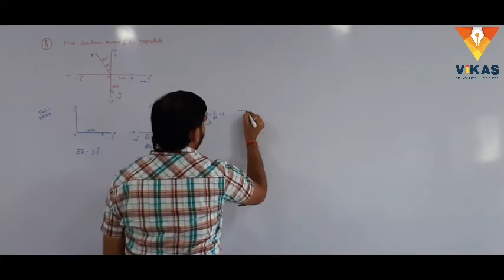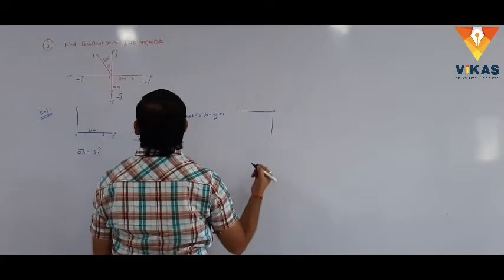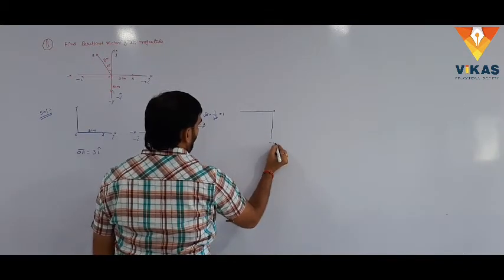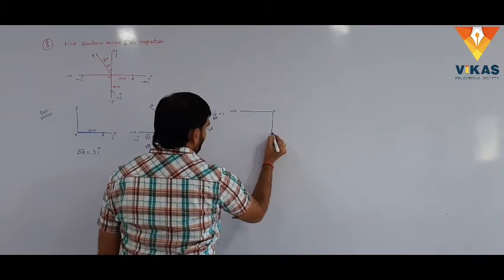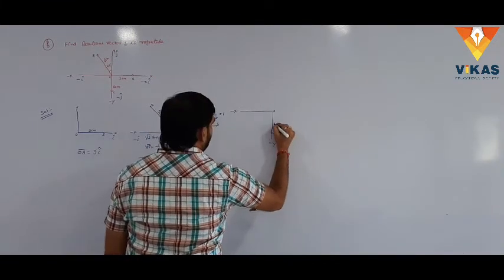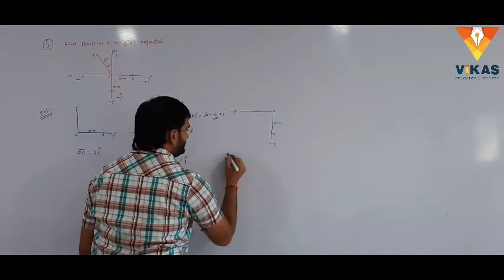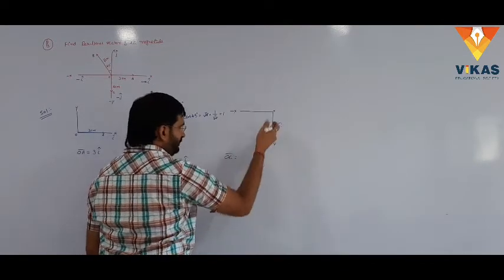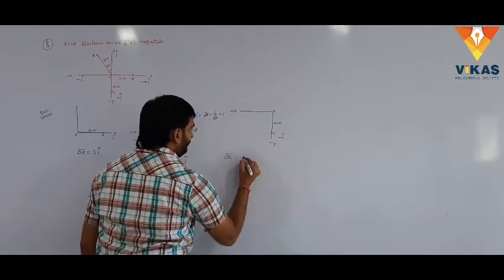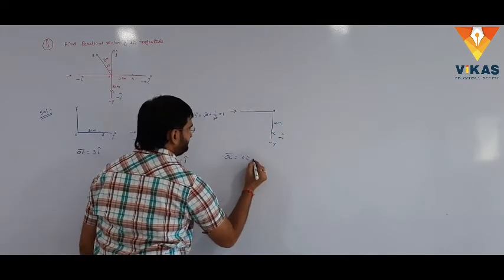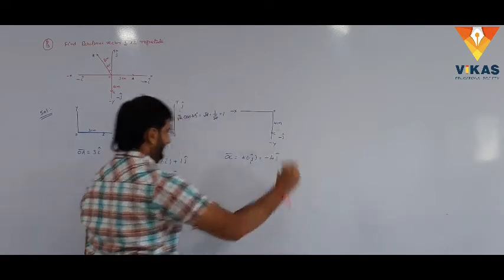Third vector. This is the origin. This is the negative y-axis. This is the negative x-axis. This is C. The length is 4 centimeters. Here there is no doubt, OC bar is along the negative y-axis only. On the negative y-axis, minus j cap is there. 4 into minus j cap. It is nothing but minus 4j cap.